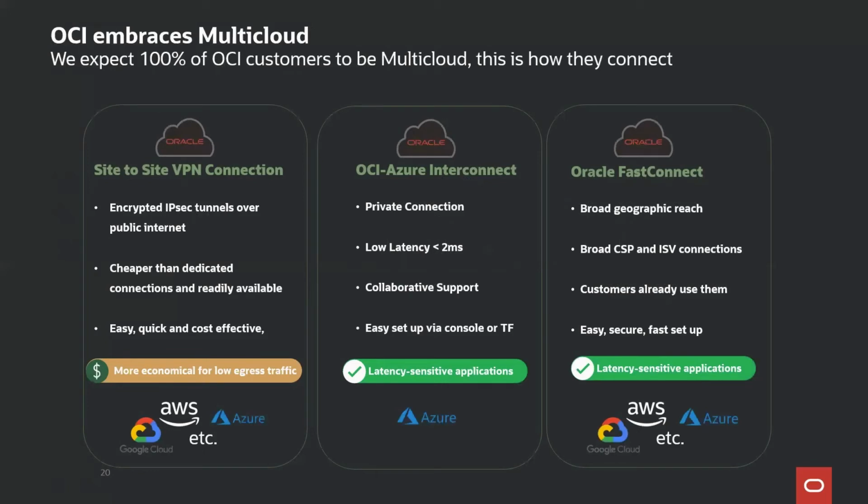A large number of our customers are using just simply site-to-site VPN connection to go from their on-prem site into Oracle. This is obviously readily available. Oftentimes these companies already have existing long-term contracts with things like AT&T or some providers like that. It's relatively cheap. And if you're not too concerned about performance, about latency, this is definitely an option to go. And we see a lot of people just simply doing site-to-site VPN connection. The public cloud, as you know, is a long tail business. So the majority of our customers are running site-to-site VPN connection.